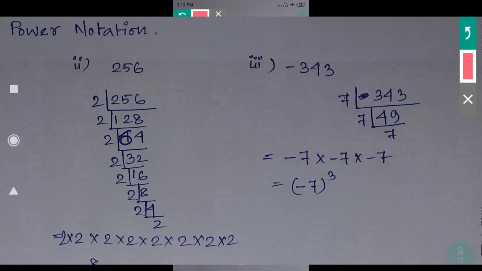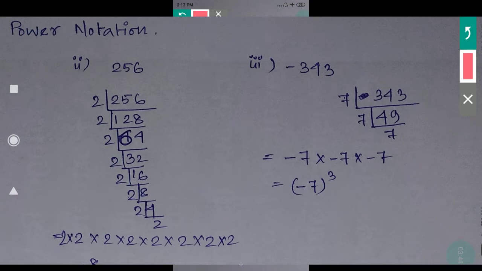If you try with 3, then also it is not divisible by 3, 4, 3. It is not divisible by 4 because it is an odd number. Also 5: if it is divisible by 5, then the last digit should be 0 or 5, but it is 3. So we have to start with 7. So let's start with 7.